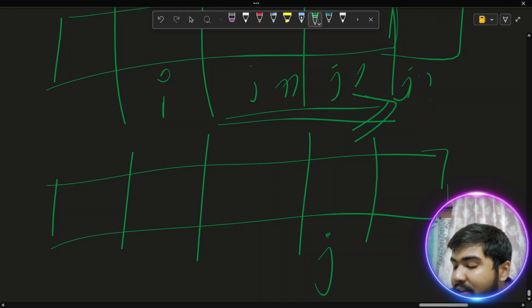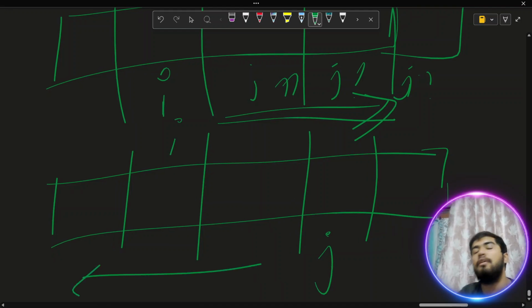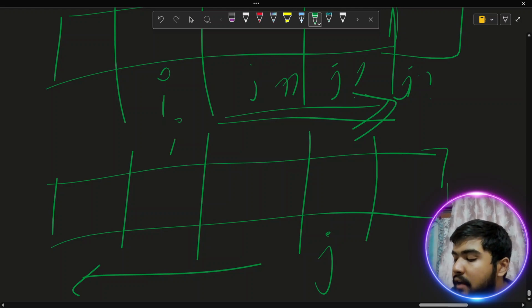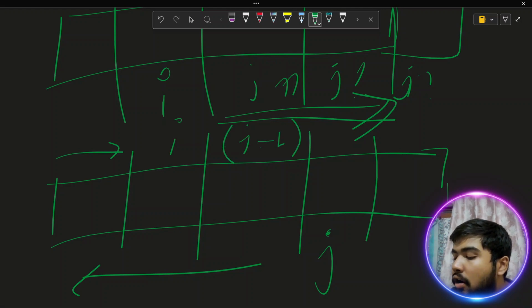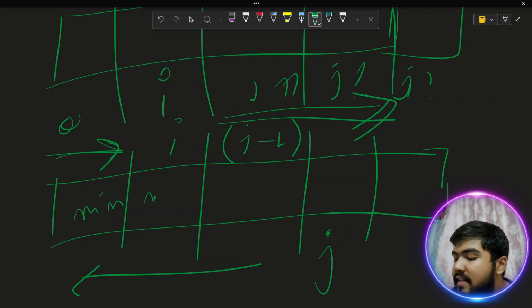I am going to try to see my i's. Okay, Shouvik, in that case, when you are at j, you also have to iterate and scan all the i's from 0 to j minus 1. You have to scan all of your i's from 0 to j minus 1, and take their minimum, because whoever is minimum, I have to check if